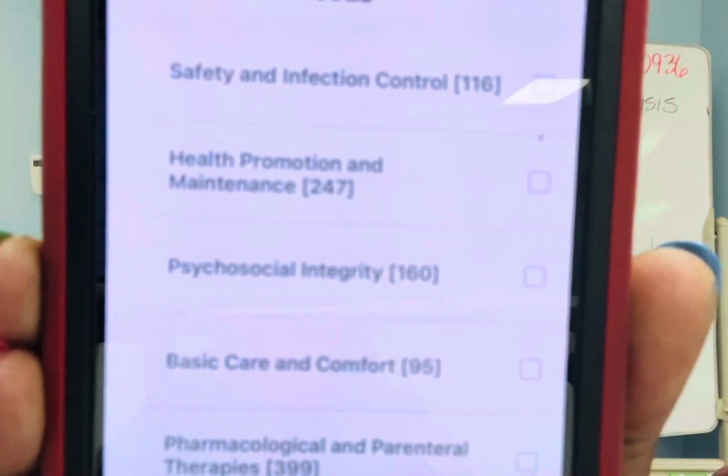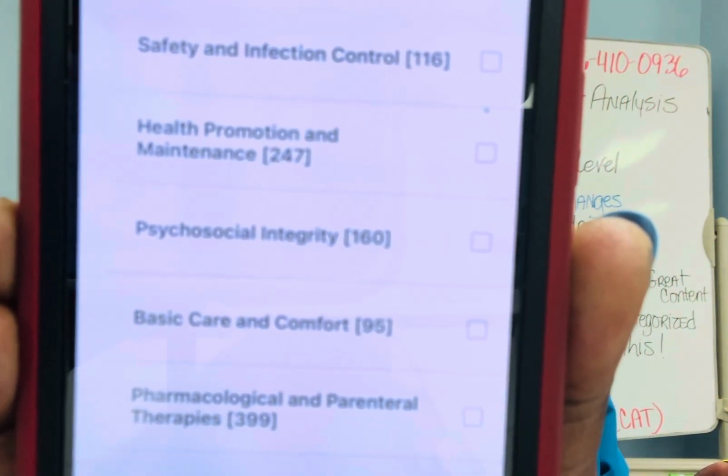Ooh, I'm sorry, guys. Can you see that health promotion and maintenance and then the psychosocial and then the next one